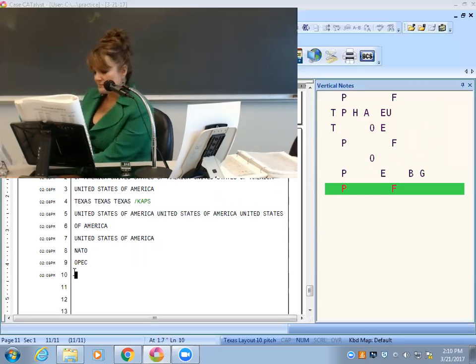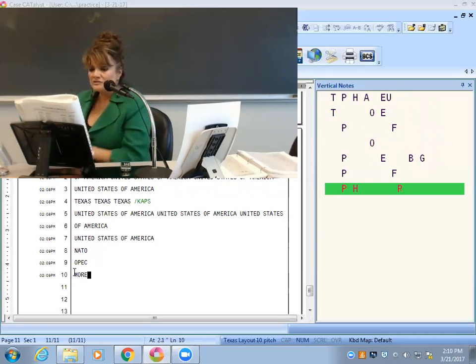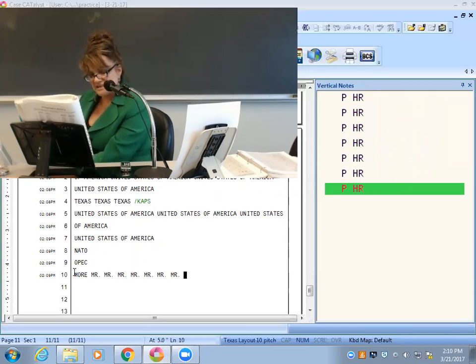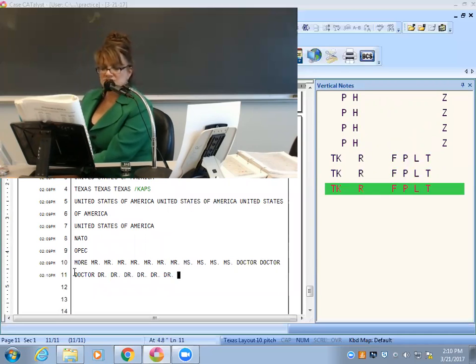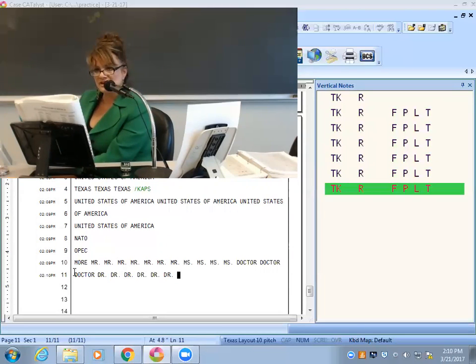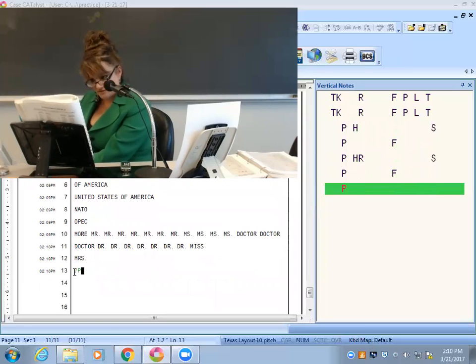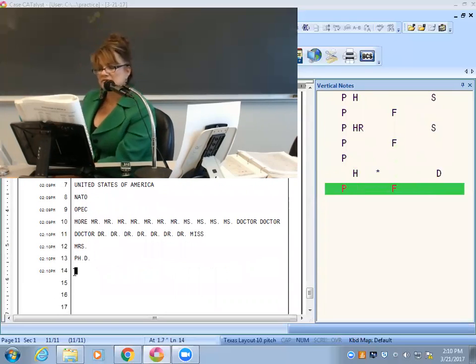Also, I wanted to cover some of these titles. Mr. is MR, initial MR. Ms, MZ. And of course, all of ours is being capped now. So MZ is Ms. It should be lowercase s. Doctor is DR with the period, because think of it, doctor is an abbreviation, so put the period. Ms, MS, then you've got Mrs, MRS, PhD, you can write P by itself and then HD with an asterisk, and it'll give it to you, okay?